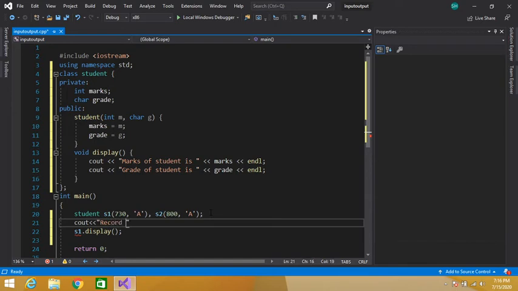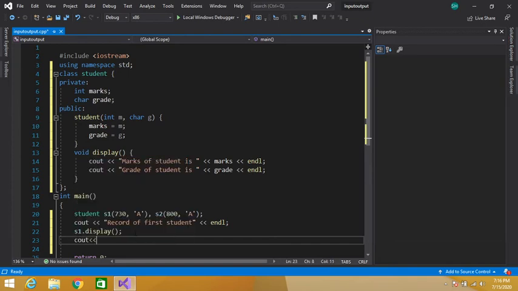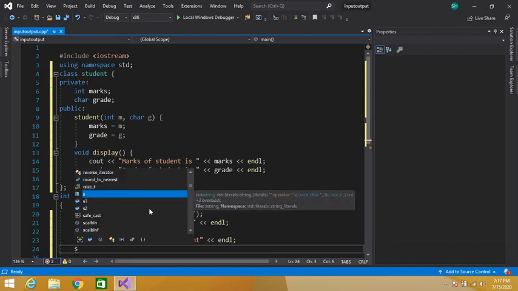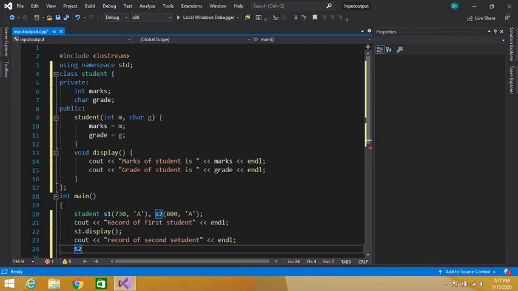Record of first student. We have displayed the record of first student. Let's display here record of second student. Next, our second object, that is s2 dot display.